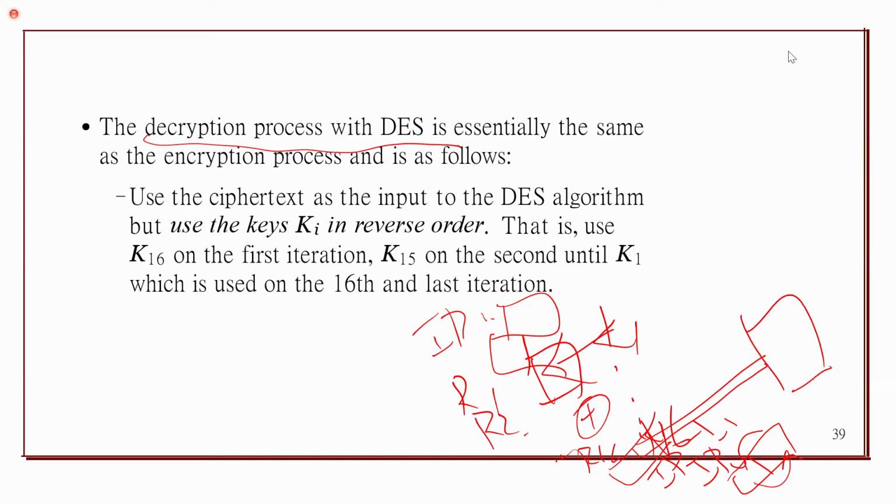The generated ciphertext will be given to the decryption receiver. So at the receiver side, again, it will process the same thing using all 16 subkeys of length 48 bits. And whatever subkey is used for the last round of encryption will be used for the first round in the decryption process. So it uses the keys in the reverse order. K1, which is used in encryption, is used as K16 in decryption. So that is the procedure. Simply, the entire structure with the XOR operations will be followed, but the key will be used in the reverse order.